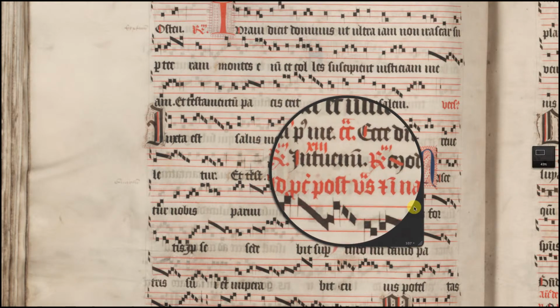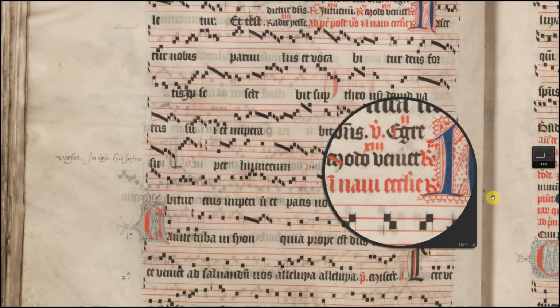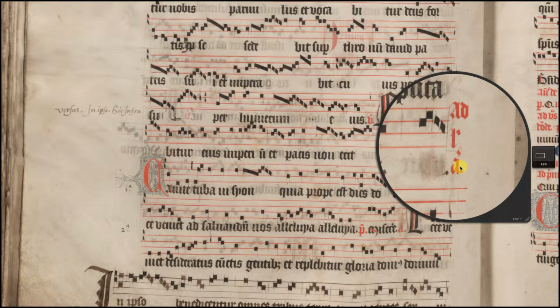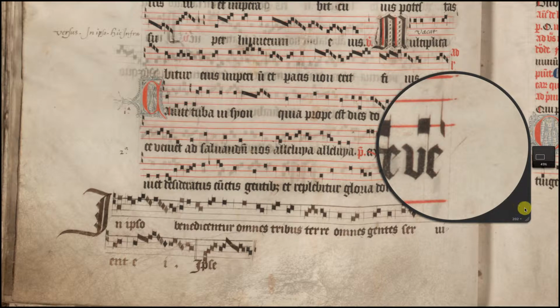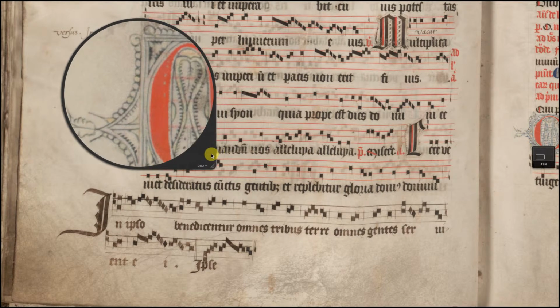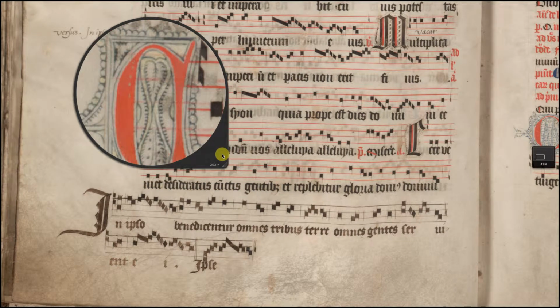Another interesting thing is happening here a little bit below. At processionem post vesperas et in navi ecclesie, that's the one that I've been talking about. And scrolling down, we can actually see here at laudes antiphone, so the beginning of lauds, which would of course start with a big nice capital. I'll focus a little bit on that one. As you can see, it's a very nicely written out C.